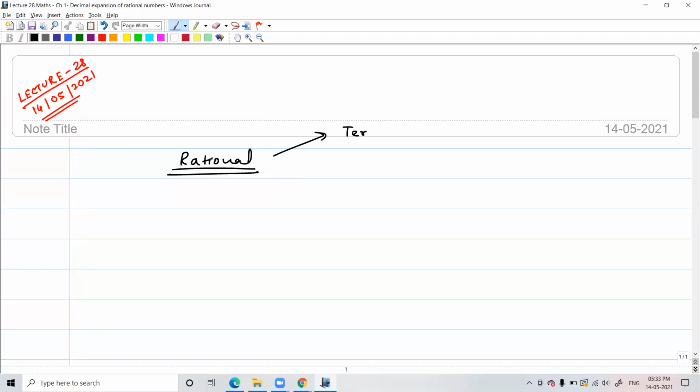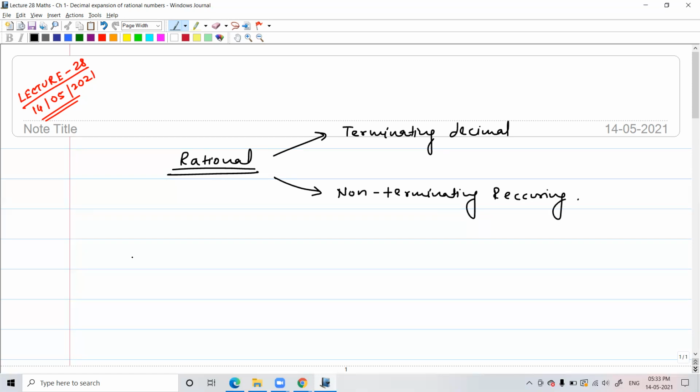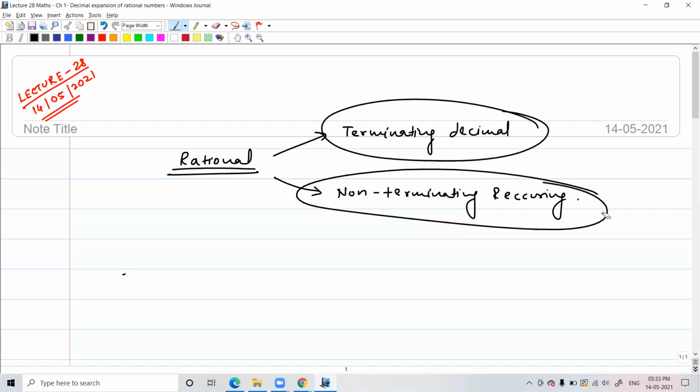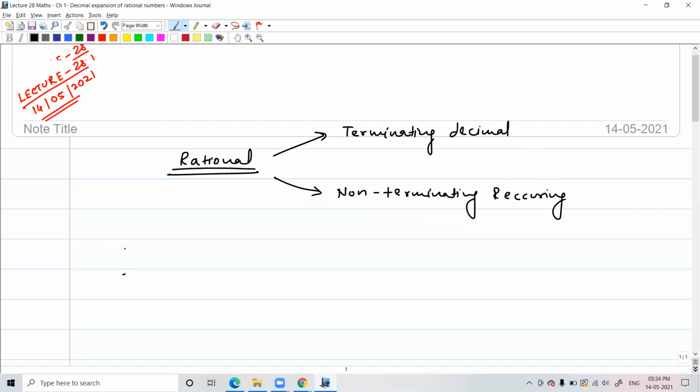It can either have a terminating decimal or, if it is not terminating, that is, if it is non-terminating, it has to be recurring. Okay, so when some fraction is given, this is what you need to decide: whether the fraction will have a terminating decimal or a non-terminating decimal. Okay, so